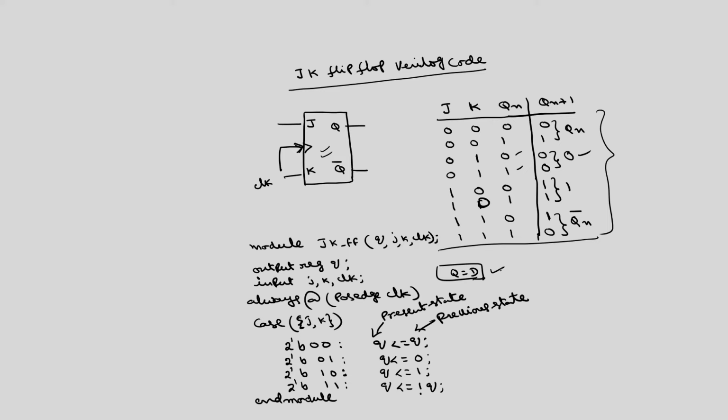So, in case the output cannot be expressed as a Boolean expression in terms of inputs, then we have to describe the truth table. Now, using this JK flip flop, if you want to design any circuits, you can instantiate these JK flip flops. Using this JK flip flop Verilog code, we can construct a 4-bit or 3-bit synchronous counter. So, we can instantiate this JK flip flop to design the synchronous counter.